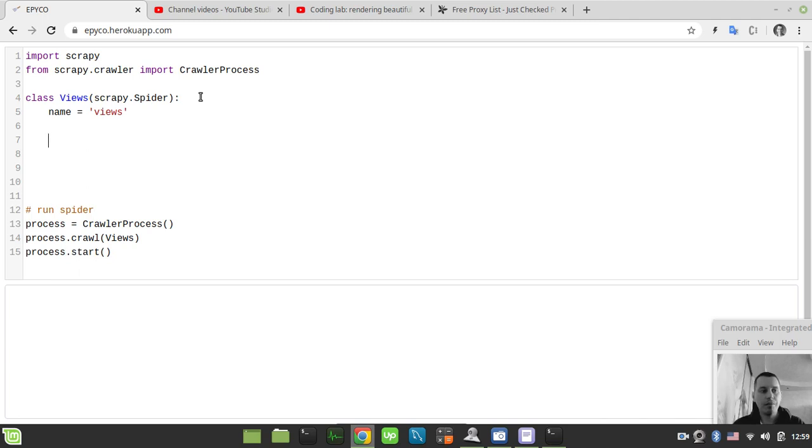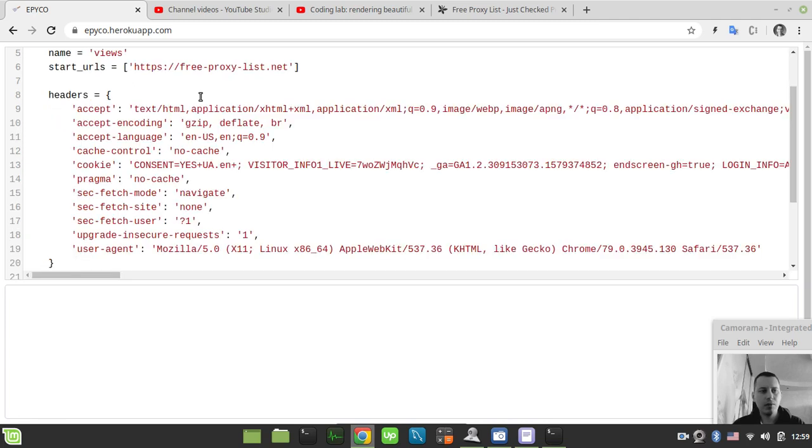Okay, so now let's define start URLs. I say start_urls, and this needs to be a Python list, and here we'll specify https://free-proxy-list.net. Okay, so this is the source where we're supposed to take our free proxy servers, and also I'll